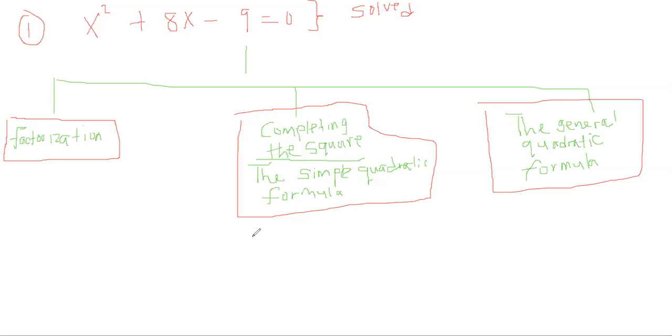We have seen this already in our previous lectures. x equals to minus p over 2 plus or minus the square root of p squared over 4 minus q. For the general quadratic formula, the formula is this: